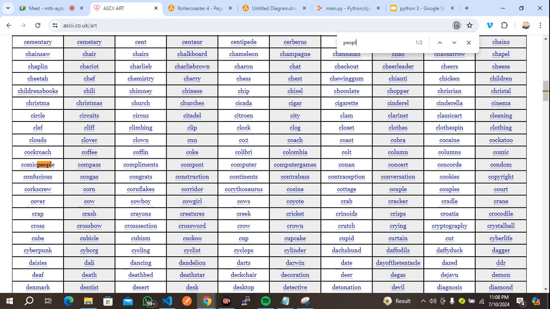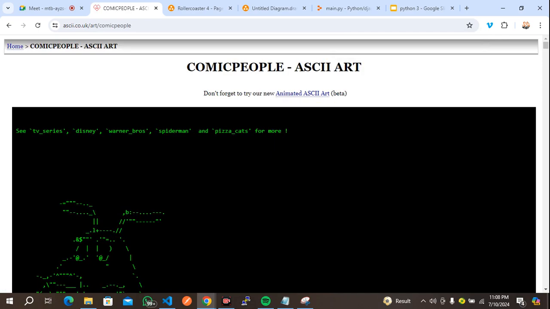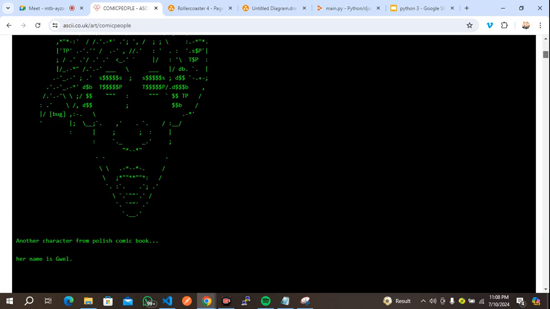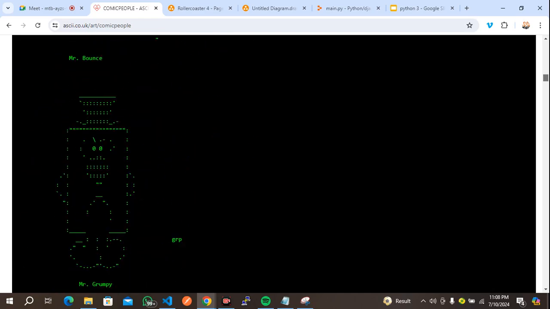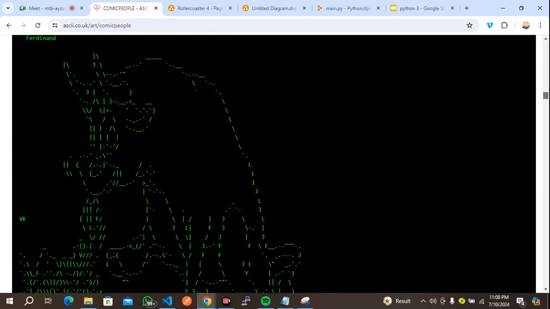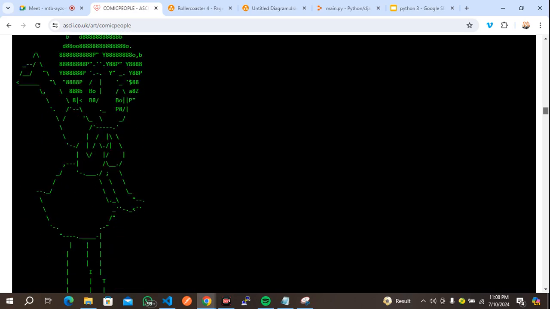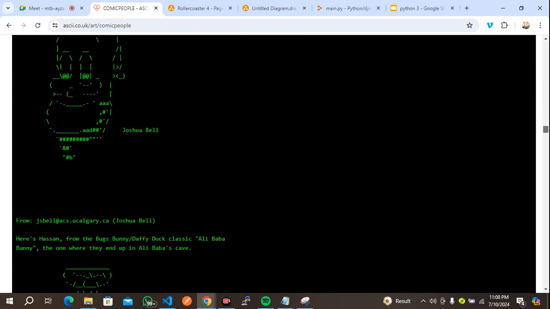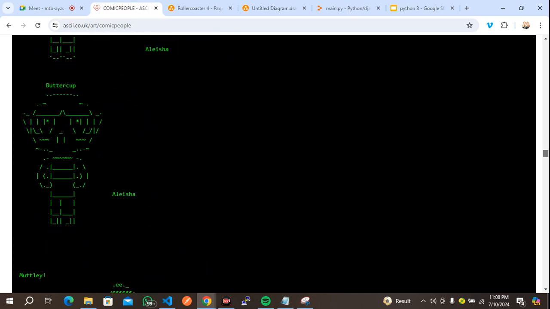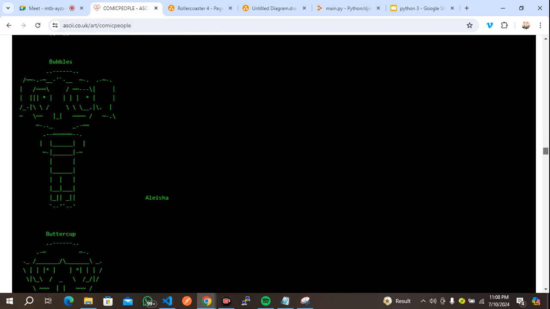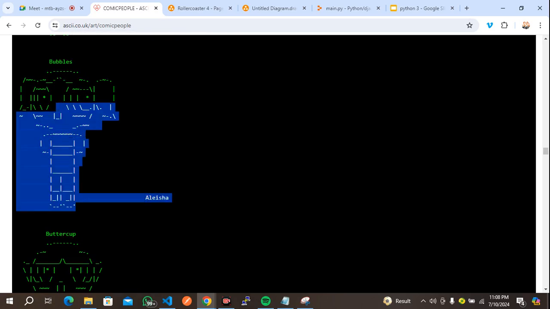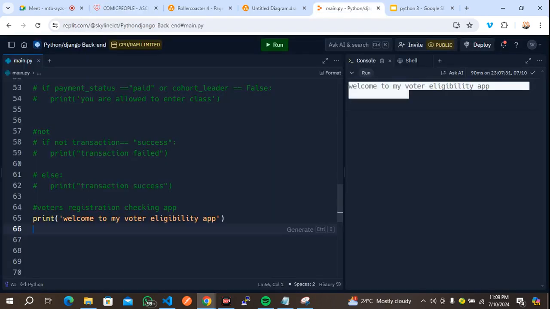So I see that people. Okay, I have people here, comic people. You can see some of the things that they use symbols in doing. Needed something a bit good. Okay, let me copy this. So when I copy this, I click and copy. Then I come to my code. So what I want to do is, whenever I run my app, I want this thing to print